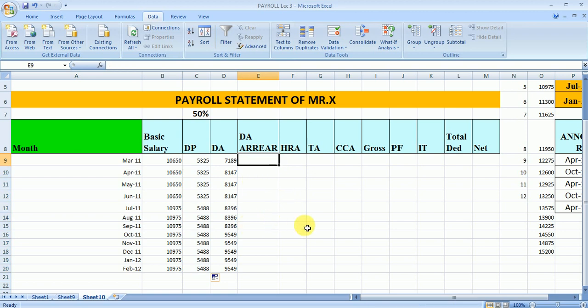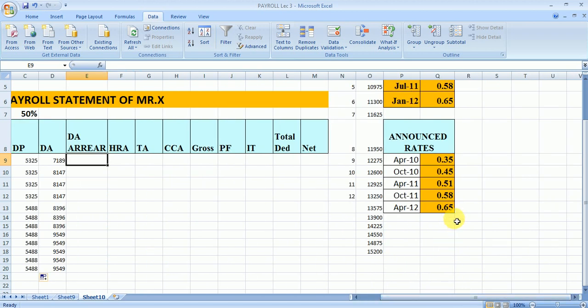As we know, it is given in the question, the DA arrear has been paid in the month of April for 3 months. Fine. So before we calculate the DA amount, we will need to calculate the difference. Why is there a need to calculate a difference? Because we have already paid that much percentage. So why pay the whole amount? We will pay the difference only. Fine.